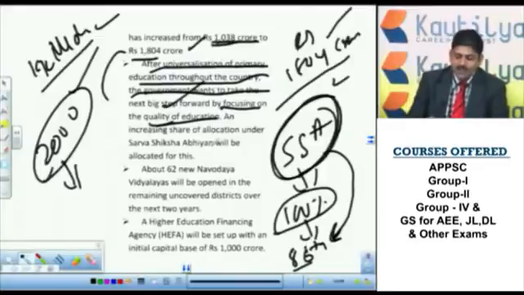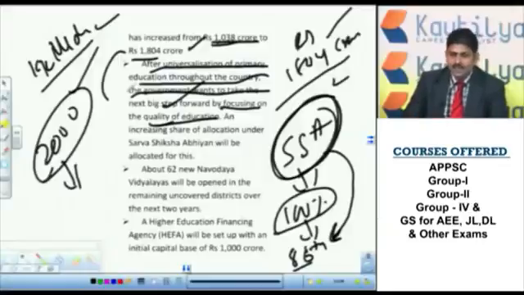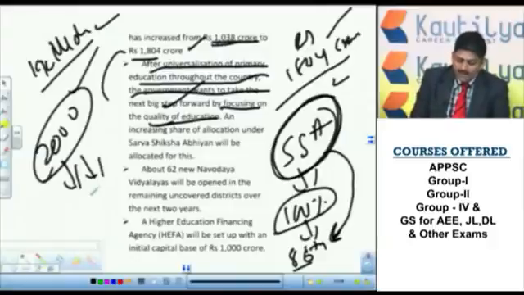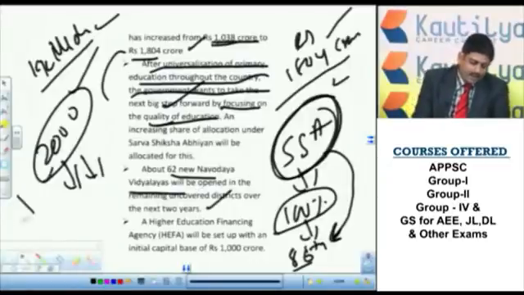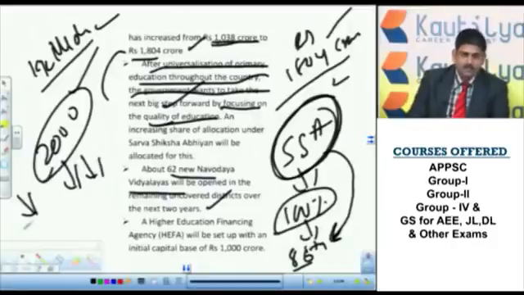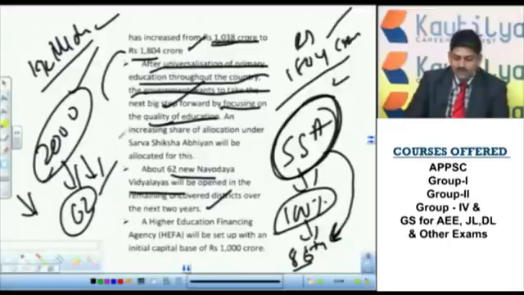That is the reason why the amount being spent under the scheme has increased enormously. Another proposal is that 62 new Navodaya Vidyalayas will be opened in the coming 2 years. Many districts were already covered. So in the remaining districts where this scheme was not covered, new Navodaya Vidyalayas